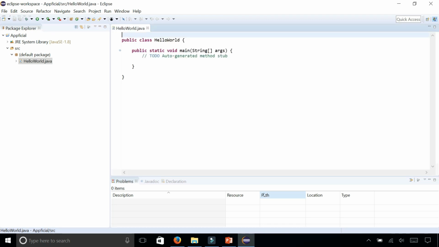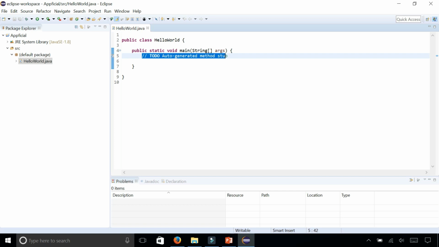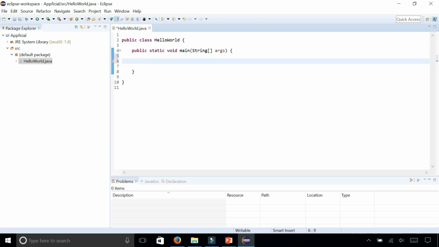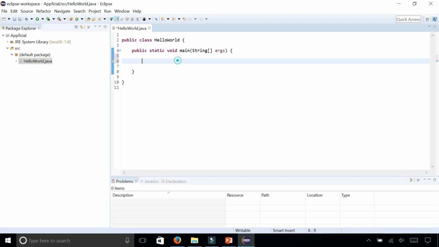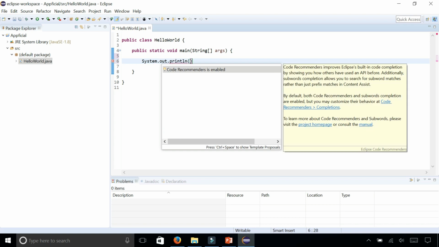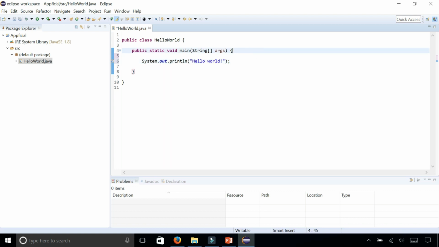So 90% of the Hello World program is already written for you. You can delete this thing that says to do auto-generated method stub. This is a comment in Java. This is your public class HelloWorld class header, and inside there is the main method header, and inside the main method header, inside these curly braces or the body of this method header, you're going to start typing your Java statements such as System.out.println